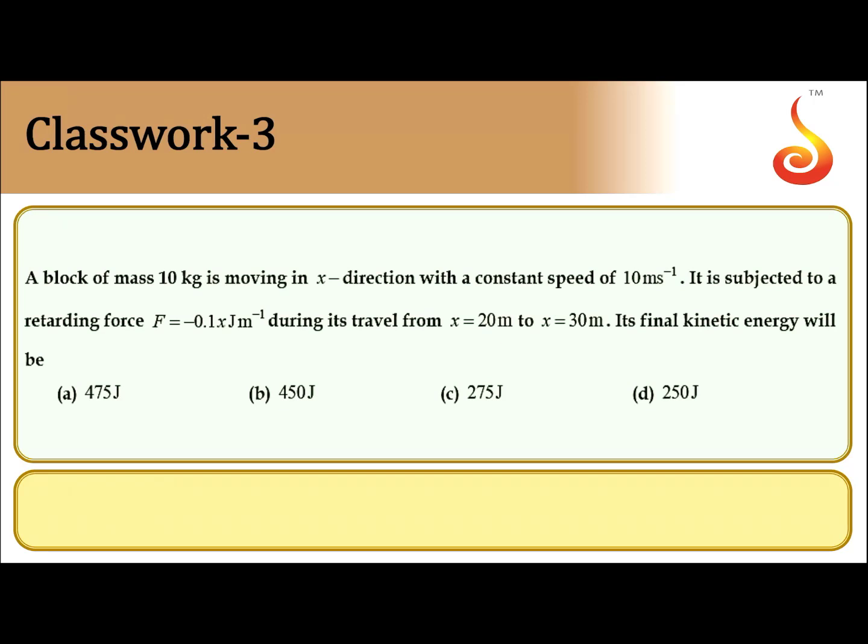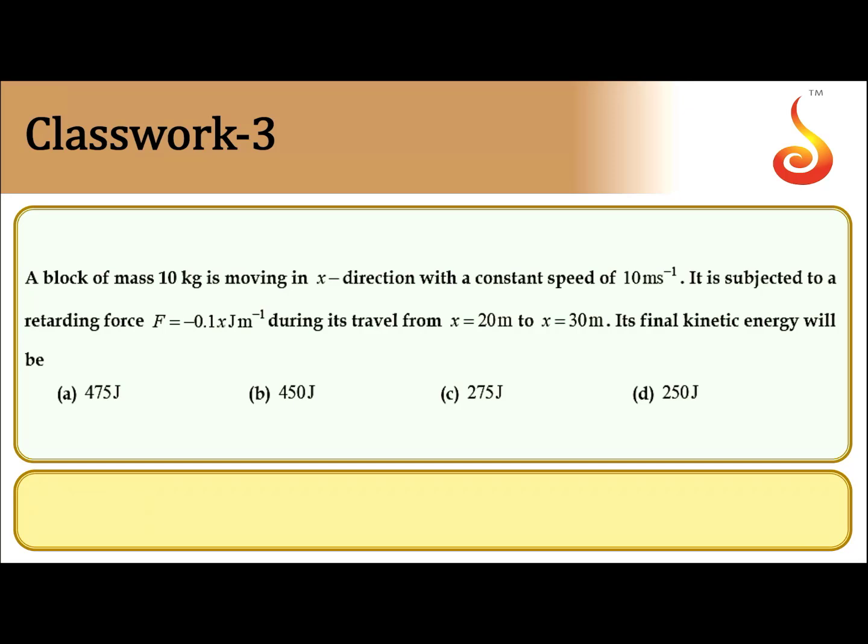Example 3. A block of mass 10 kg is moving along the x-axis, x direction, with a constant speed of 10 meter per second. It is subjected to a retarding force of F is equal to minus 0.1 x joule per meter during its travel from x is equal to 20 meter to x is equal to 30 meter. Its final kinetic energy is